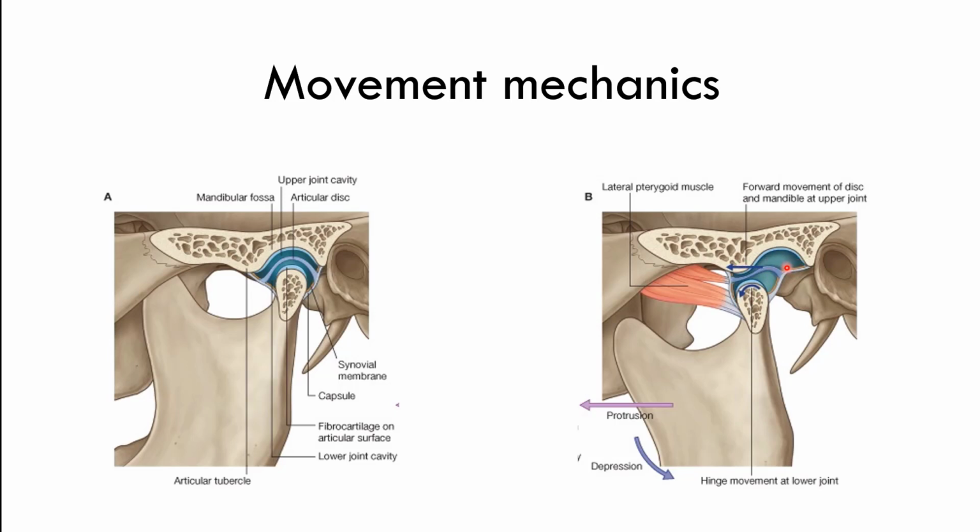You can see here the fibrocartilaginous disc can move forward against the superior articular surface, but here the head of the mandible can rotate to depress against this fibrocartilaginous disc. Gliding movement is happening in the upper compartment and rotatory movement is happening in the lower compartment. That is, protrusion and retraction are happening in the meniscotemporal compartment, and depression and elevation are happening in the meniscomandibular compartment.